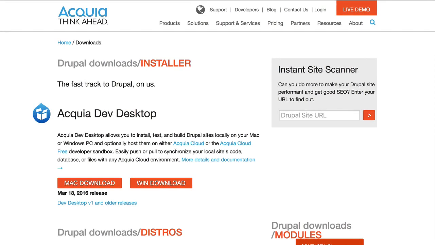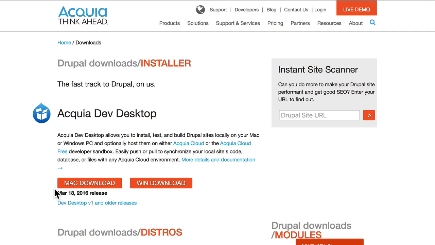Well, the first thing we need to do is get our environment set up. And by this time in your Drupal experience, I assume you've got something. But we recommend for this course that you use Acquia's Dev Desktop. It's just a lot quicker than hosting your files online because we'll need to be editing a lot of different things in this course. So head over to acquia.com/downloads, and even if you have Dev Desktop installed, go ahead and